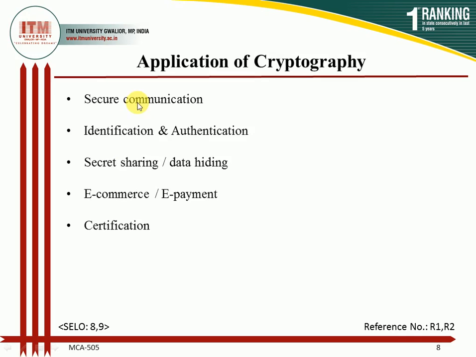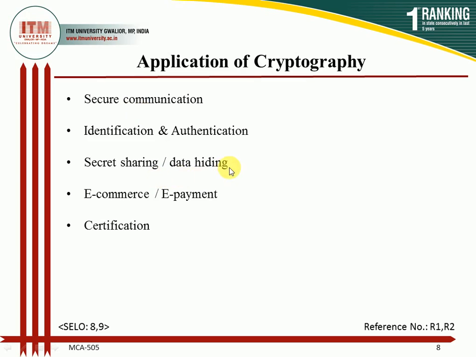The next one is secret sharing and data hiding. It means we can easily send the message secretly over the network from sender to receiver. How can we say that it is secret sharing? Because except sender A and receiver B, no one can access the message. In that case, our message is hidden. The actual message is hidden, that is, no one can access the message over the network except the sender and receiver, because the messages are sent in encrypted form, and we can follow the principles of security. It is confidentiality that comes in this secret sharing, or data hiding.